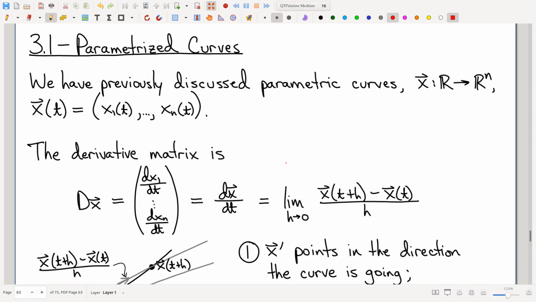Okay. Parametric curves. All right, we've talked about those. Position is a function of a single parameter. Usually think of that as time. Might as well. So position is a function of time. That's what a parametric curve is. Okay. All right.